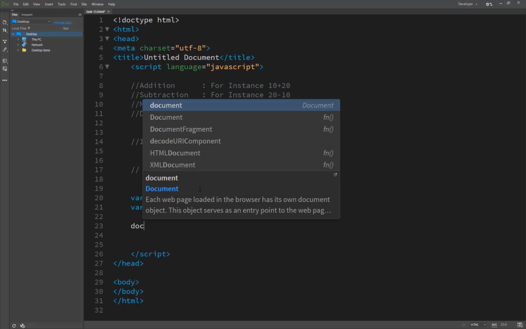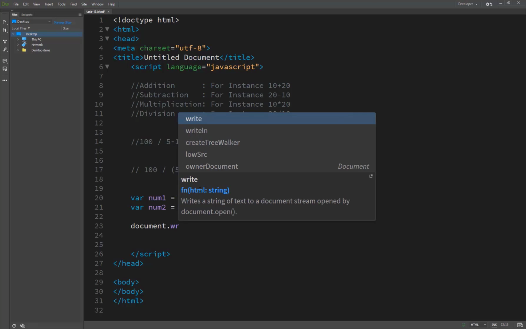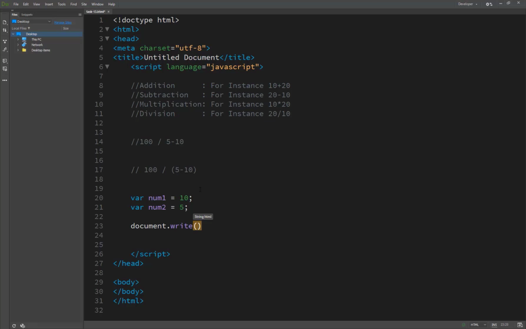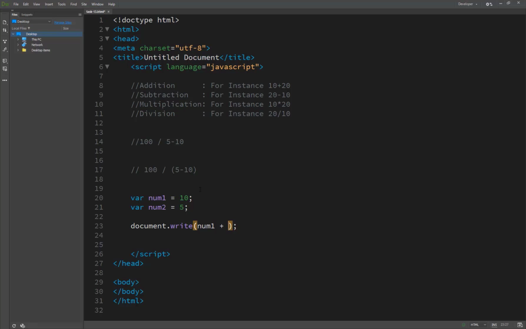And then we write document.write, calling the write function, and inside we write number1 plus number2. And now you will see the result showing on your screen.